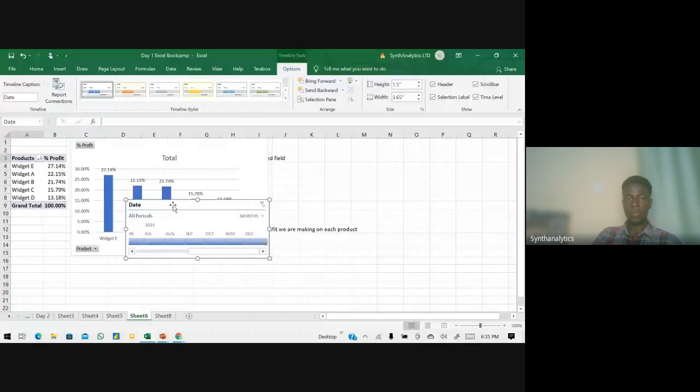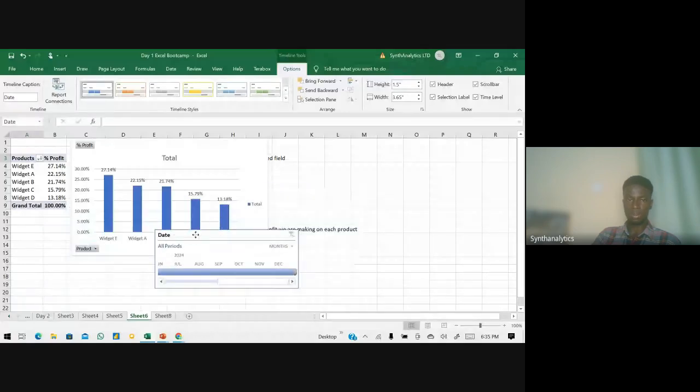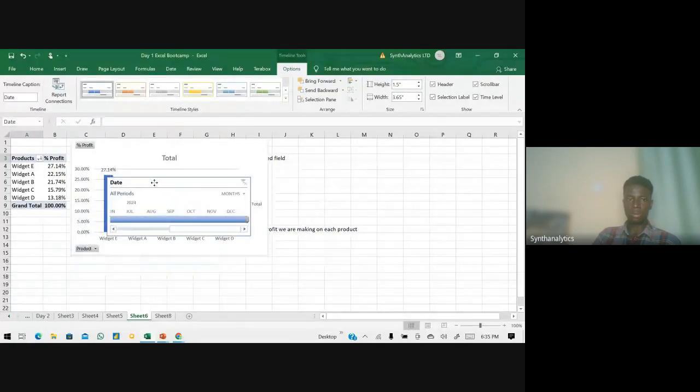And then this gives us the date. From here, you can see that we have from January 2024 up to December 2024.